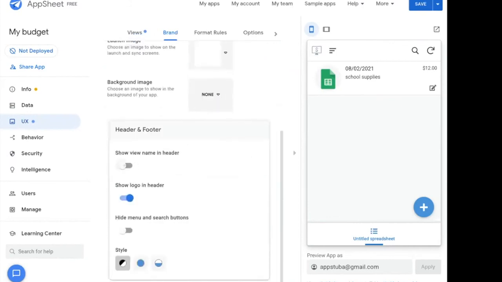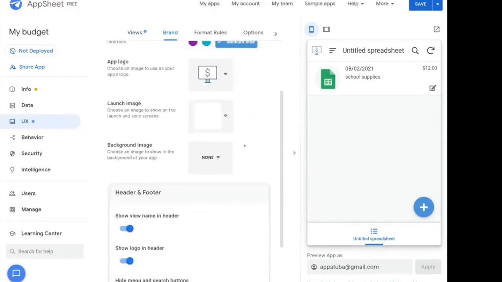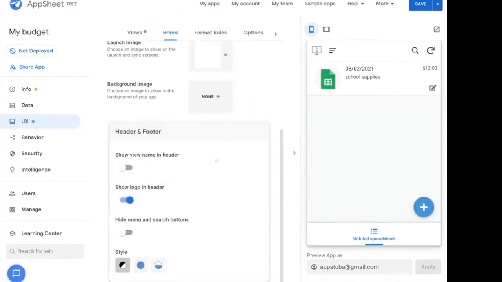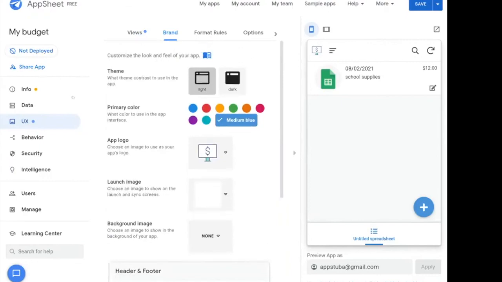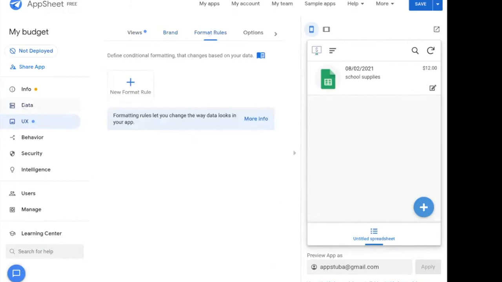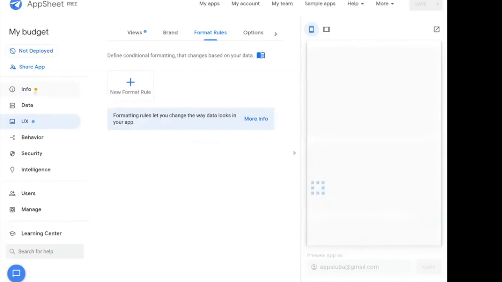And I can add the name in the header, which is not the perfect name. We will change it somewhere. I will find out. Let's get rid of it now. And then I can hide or show these. These are the details in the app that you can play with. And each time before moving to another tab, just save what you have done.